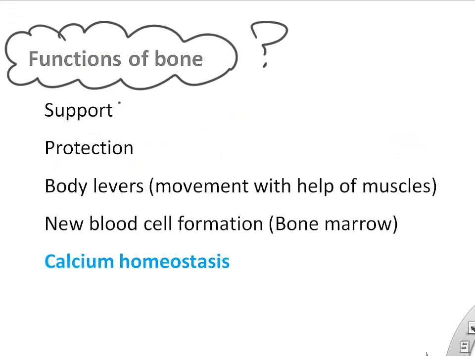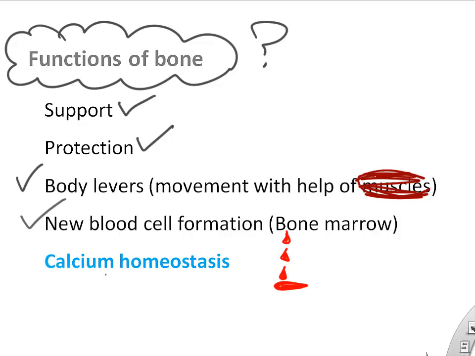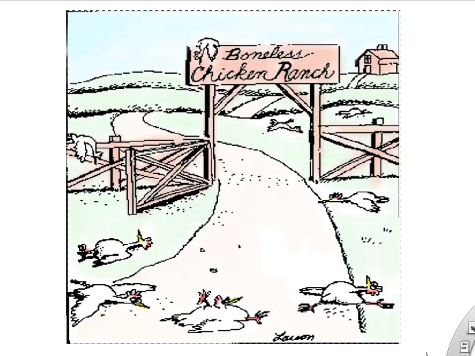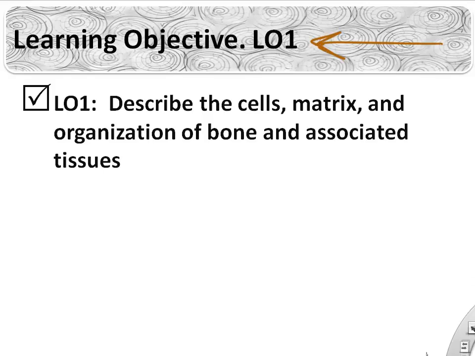The functions of bone, support and protection, are probably pretty obvious, as is moving our muscles around, but also don't forget that new blood cells are formed in our bone marrow. Also, the bones play an important role in calcium homeostasis, maintaining our extracellular calcium, serving as a calcium reservoir. And the first learning objective we'll cover here is to describe the cells, matrix, and organization of